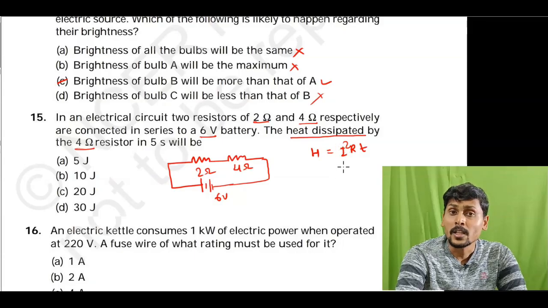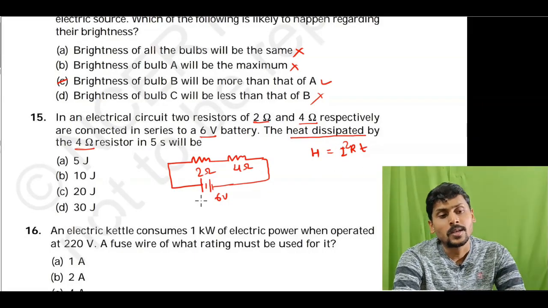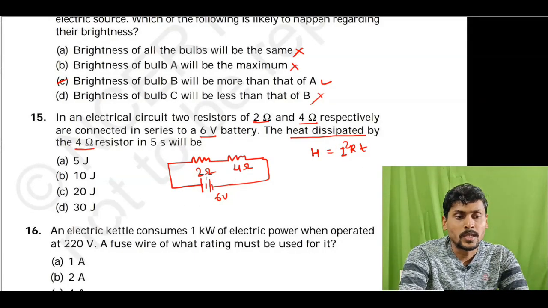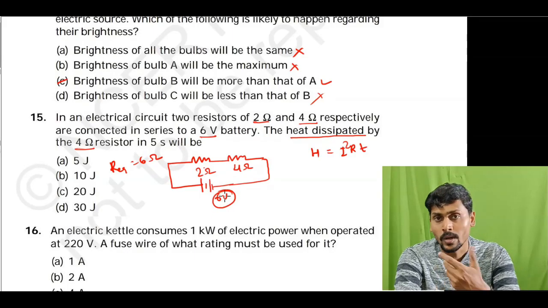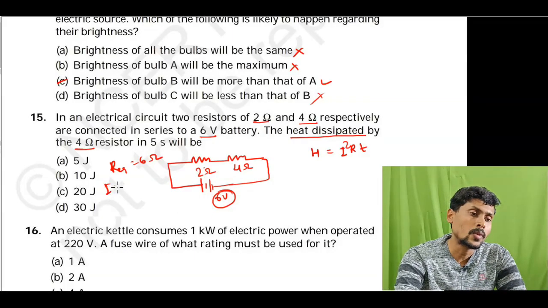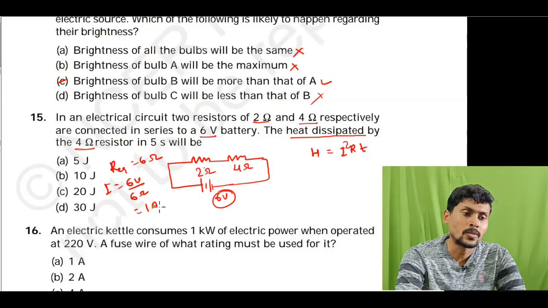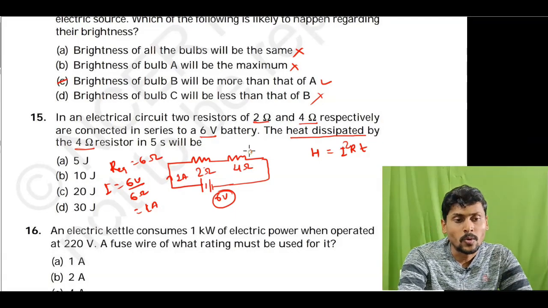So let us calculate what is the current flowing in the circuit. The total resistance will be 6 ohm, 2 ohm plus 4 ohm. So R equivalent is equal to 6 ohm, and the total voltage is 6 volt. So current will be 6 volt by 6 ohm, that equal to 1 ampere. So in this circuit 1 ampere current will flow, and when this current will flow through the 4 ohm resistor